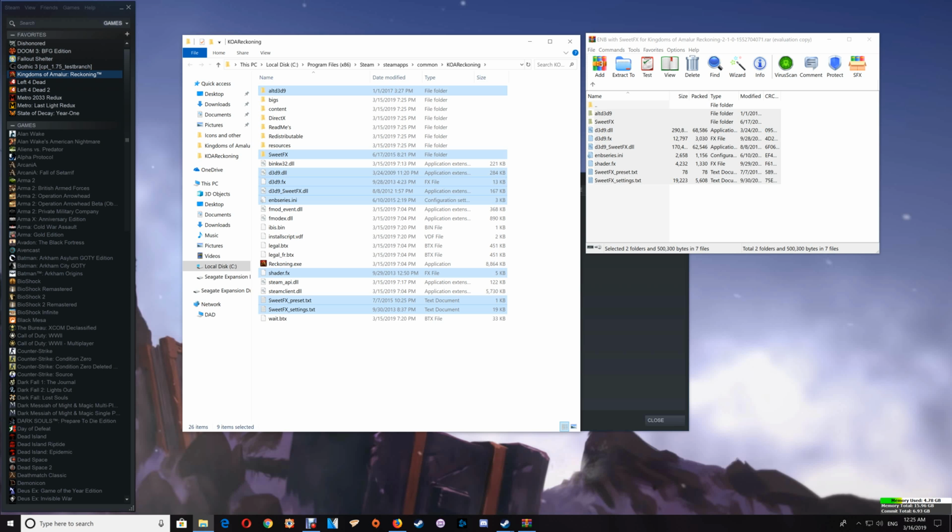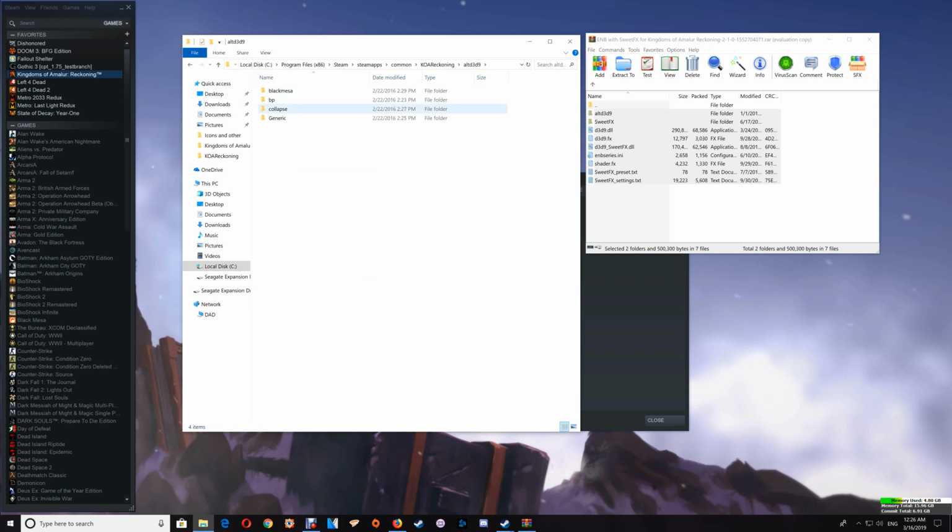Now I'll just go over a few things to look for with the ENB and SweetFX if you do run into any issues with this one. Now if you start the game but you get a game crash, or the game starts but the graphics happen to look off, then what you want to do is exit the game and go back into the game folder here, and you'll notice this Alt D3D9 folder. And what you want to do is go into that, and you'll notice there's 4 folders here. Each one contains a D3D9 DLL,